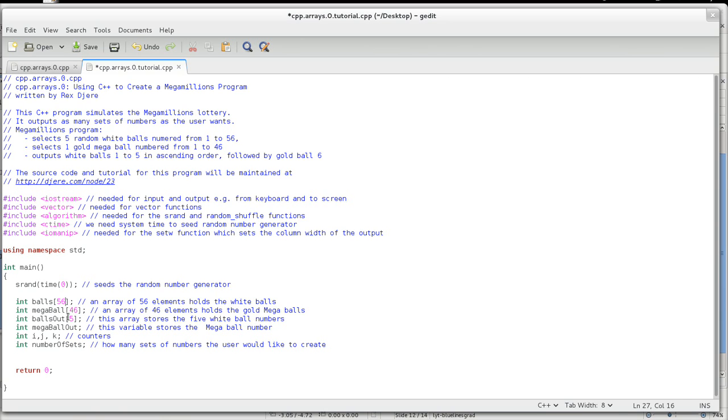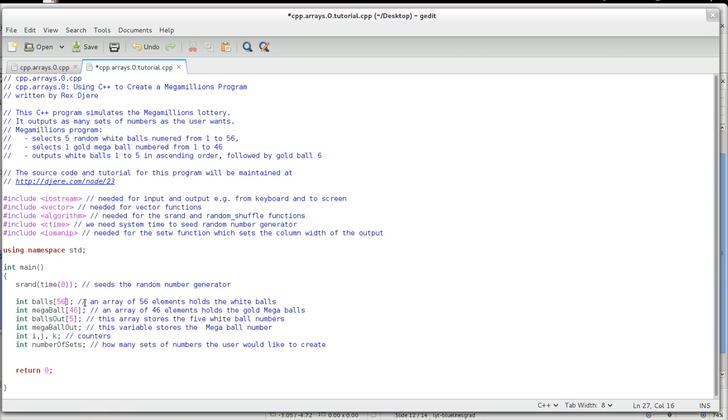When we pull that ball out one at a time, we have to hold it someplace. Normally you might hold the balls in something. If you ever watched a lottery drawing, when the balls come out, they get stored in a little tube, and then the balls get turned around so you can actually see what the numbers are. That's what balls out is. The balls out is kind of the output array that holds our 5 balls